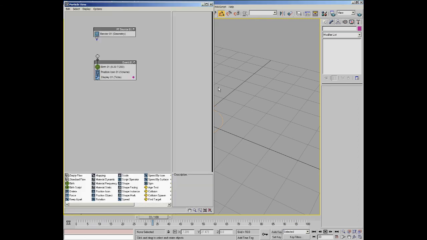Well, let's just open up the particle view again, and if you look at the global event, you can see that they're not connected. The two items are not